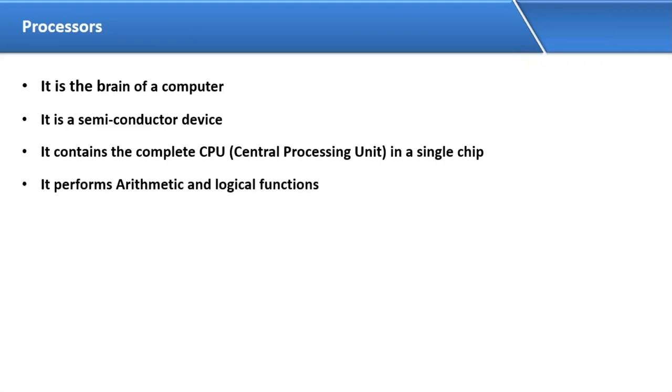The next important thing is that the processor performs arithmetic functions. Means, if I give 10 into 10, it calculates. If I am writing my mail and there is a spelling mistake, it will underline it and say that this is not correct, and we can make the correction for the alphabet. That is arithmetic and logical functions.